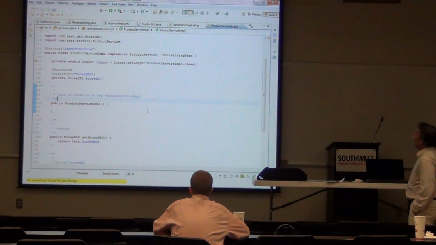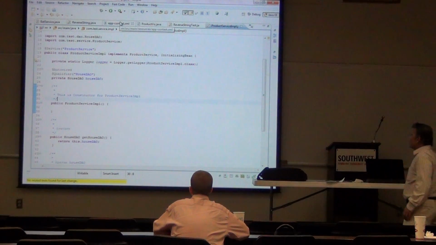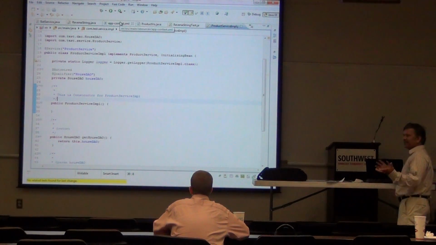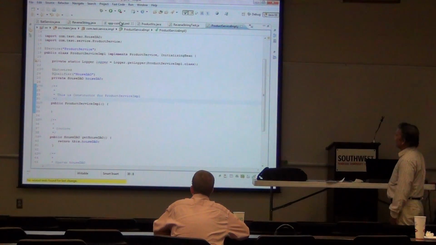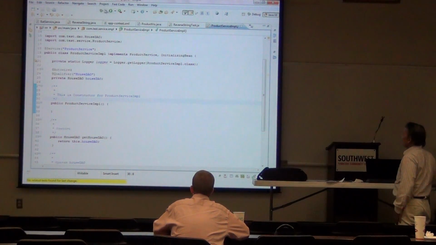Similarly, it can generate XML configuration also. This is annotations that is more popular. And see automatically